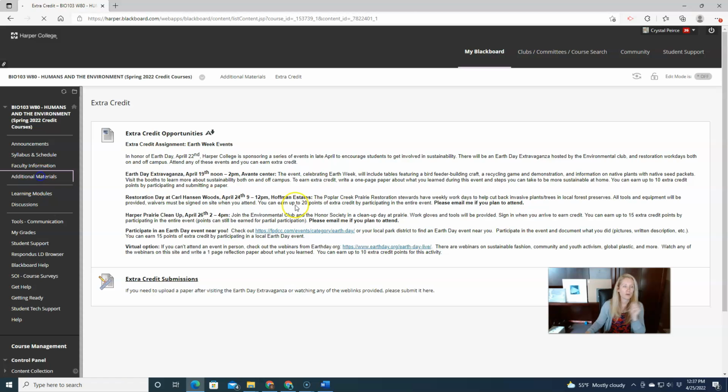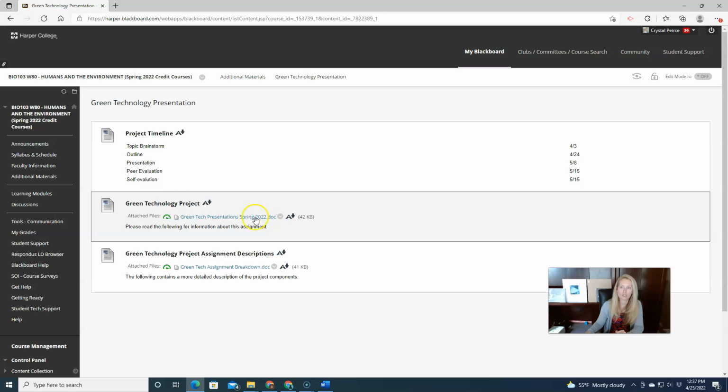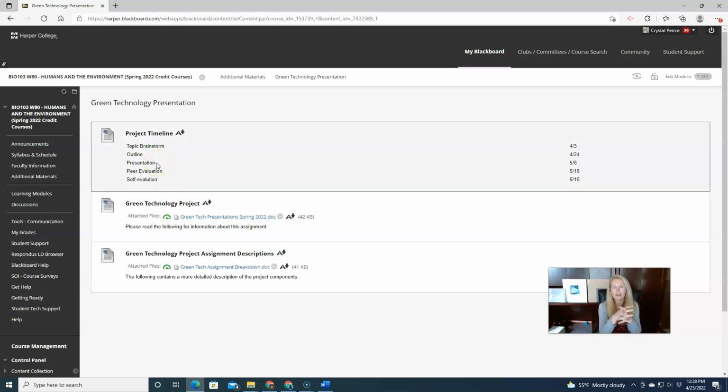The other thing I wanted to point out in additional materials here was the green technology presentations. So last week your outlines were due. And again, the idea behind the outline is just kind of your bullet points. Here's the information that you're going to use to put together your presentation. And I had a few people who have asked me